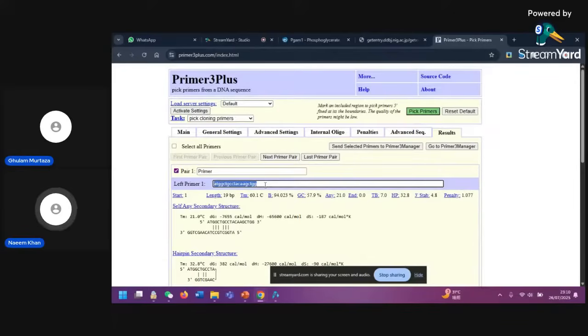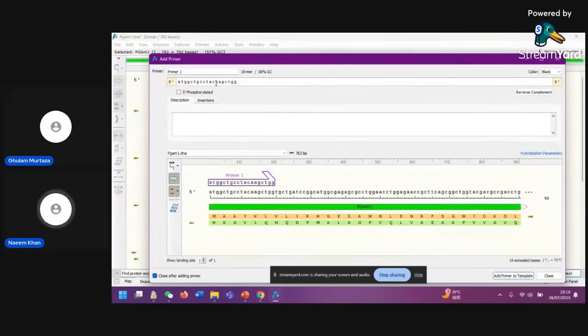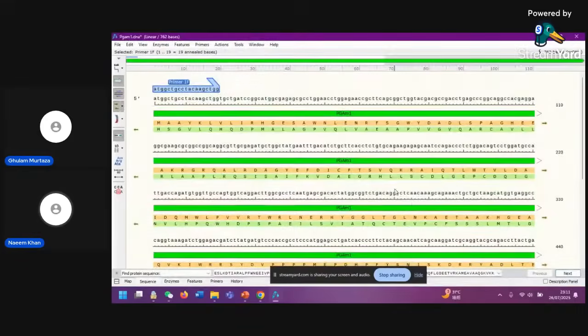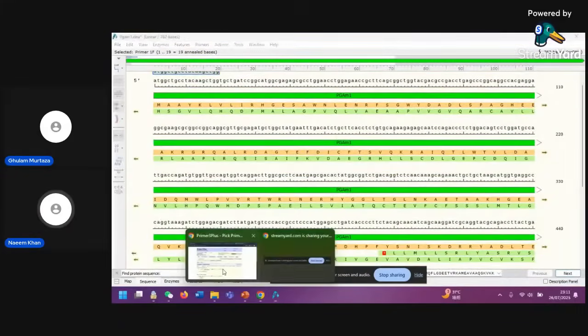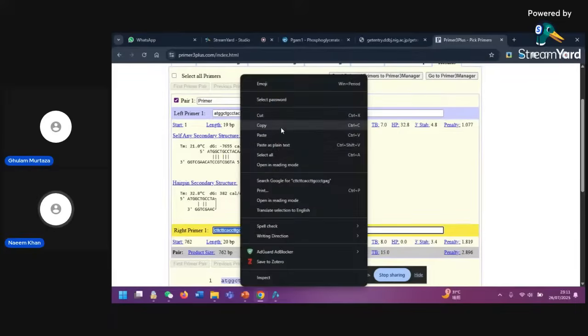Now this is your forward primer, and we will copy this primer, go to the Primers tab in SnapGene, add primers, and paste your primer. So it's working. Here you should put the forward primer and add primer. Now we need a reverse primer, so this is the reverse primer, copy this primer,